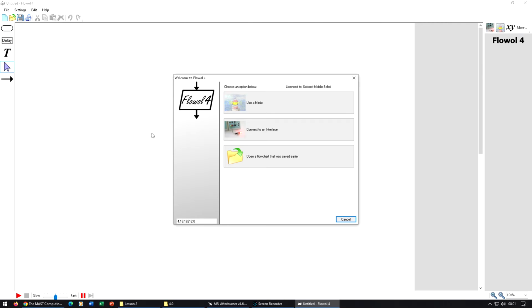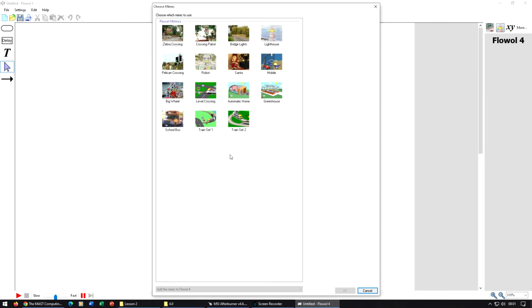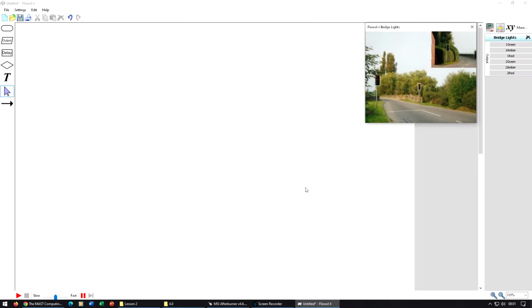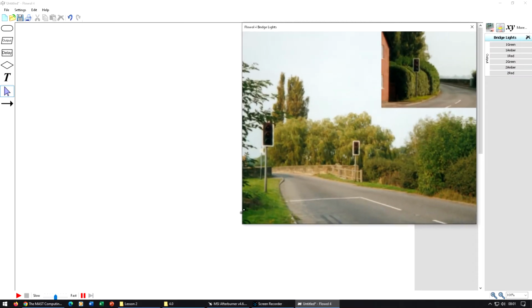Load up Flow All 4. From the splash screen, click Use a Mimic, and then we're going to load up Bridge Lights and click OK. The first thing you need to do is hover over it with the mouse and click Show, because we've got